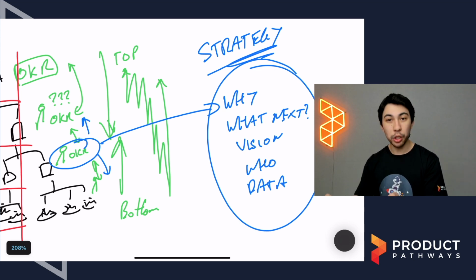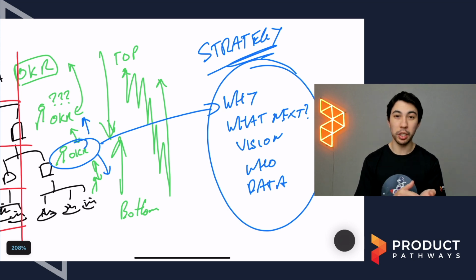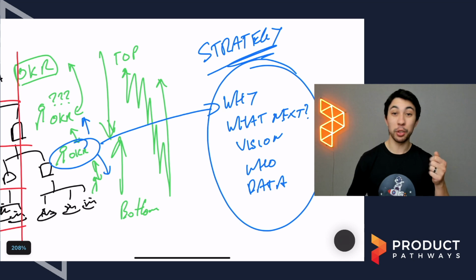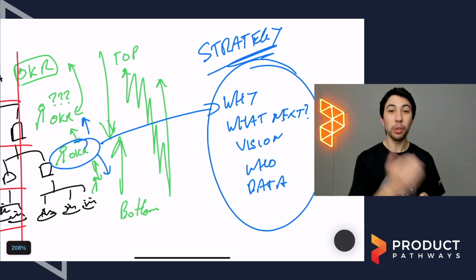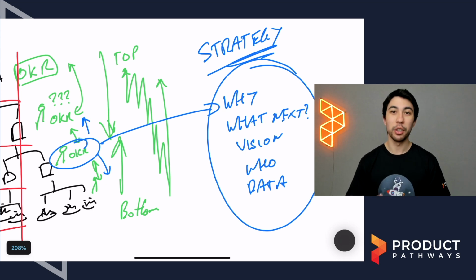Great. Why did you choose them? How does that help us forward ourselves as an organization? What data supports that, et cetera, et cetera. This is all strategy. So your OKRs become a model of your strategy because they essentially represent levers that you have strategically chosen to pull, and you're going to then use to measure progress towards realizing your strategy.